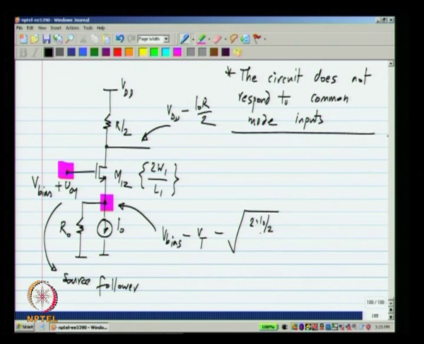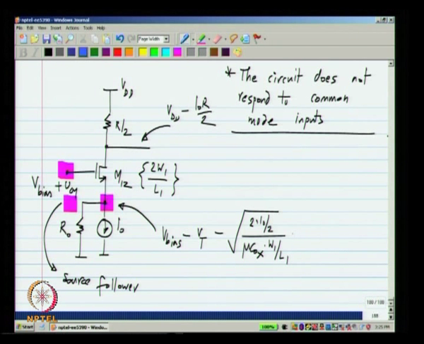I can think of this as each transistor, that is each transistor of W1 by L1 carrying a current I naught by 2, or the combined transistor carrying a current of I naught. Either way, that is the quiescent voltage, and when we apply an increment VCM,